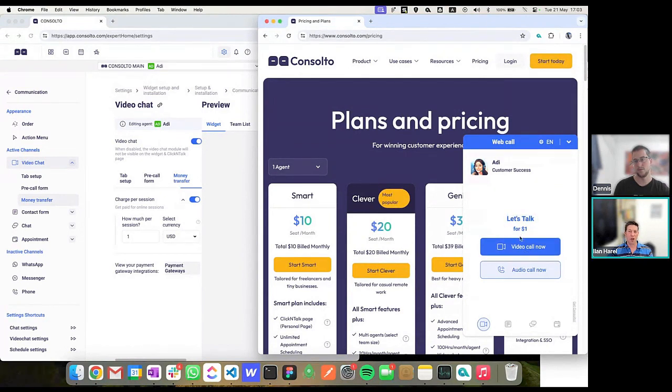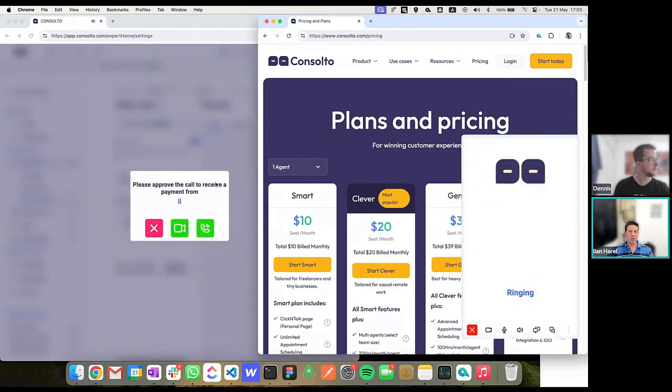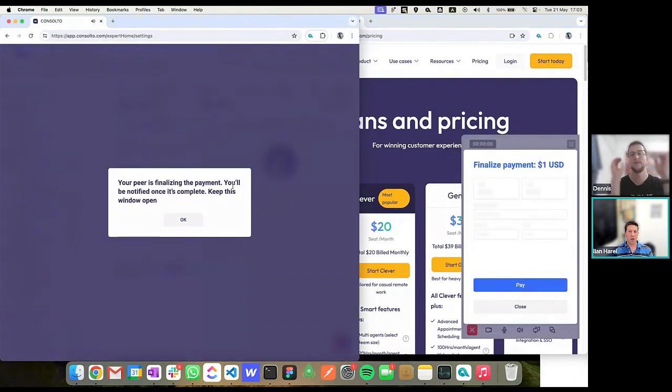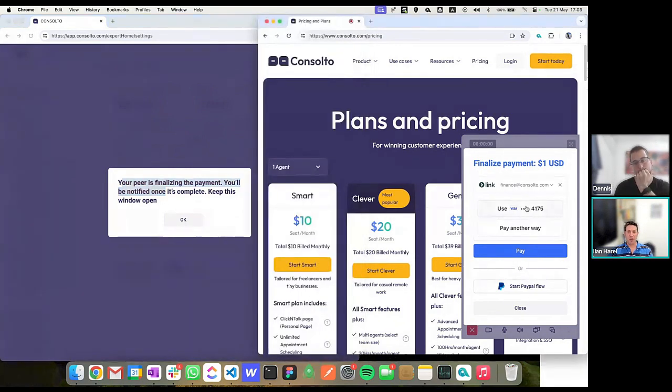Let's talk for $1. I'm going to start the call, and here the call to receive the payment. I'm going to approve the call, and look, the customer is required to pay. While I get this message, your peer is finalizing the payment. You'll be notified once it's complete. Keep this window open. And then the customer pays, and once the payment finishes, we'll see the meeting happening. Okay.